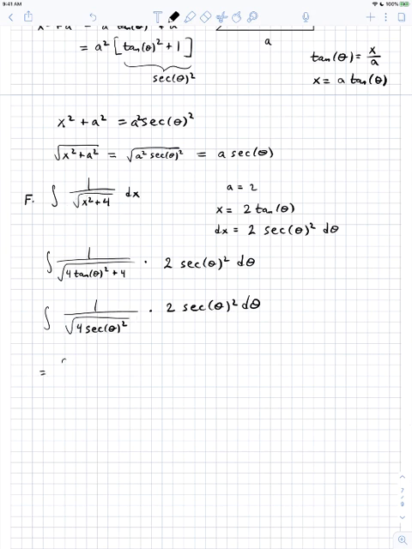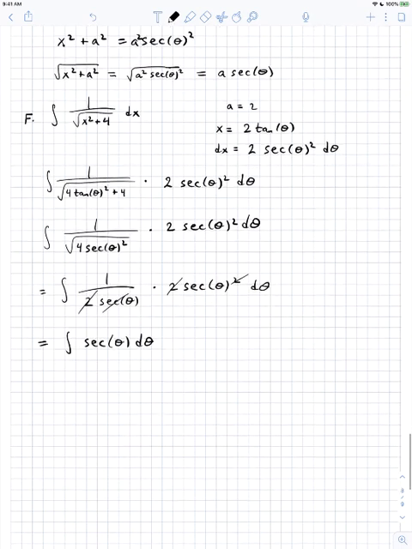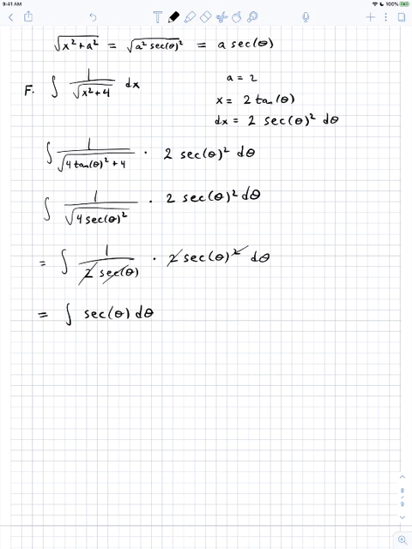So this is going to be equal to the integral of 1 over the square root of 4, which is 2, the square root of secant squared is secant, times 2 secant squared theta d theta. This 2 cancels with that 2, this secant cancels with one of those, and you're left with the integral of secant theta d theta. And this is one that we know how to do. If you look back, when we were talking about substitutions, we actually did this one before. It's not a trivial one by any means. This is the natural logarithm of the absolute value of secant theta plus tangent theta